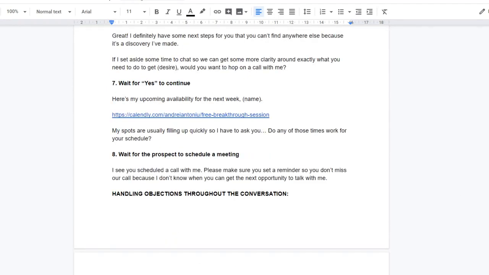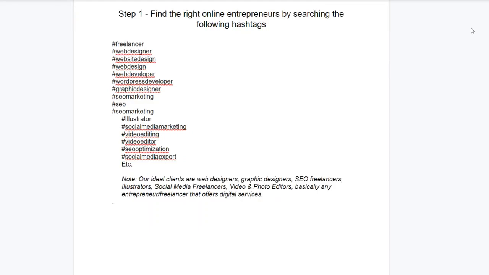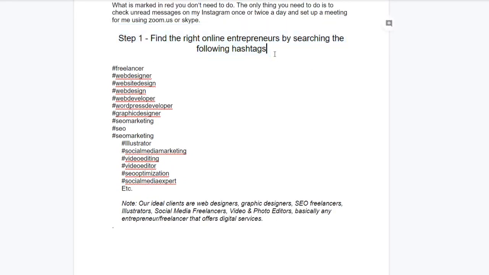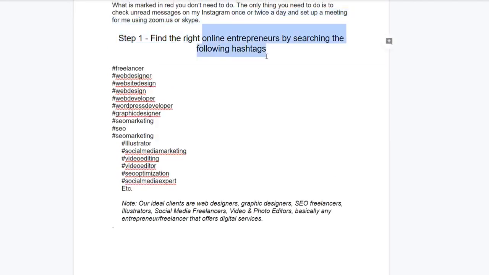Now we are going to move into the next one, and the next one is more like a short one. This one was a long script. It has the purpose to qualify the prospect before you actually schedule a free session. But I have found out that even a short approach works. And don't take into consideration only from here, from step one, okay? Because this was like a sheet that I gave to my virtual assistant, and he was doing this stuff for me. So the first step is to find the right niche, by searching the following hashtags.